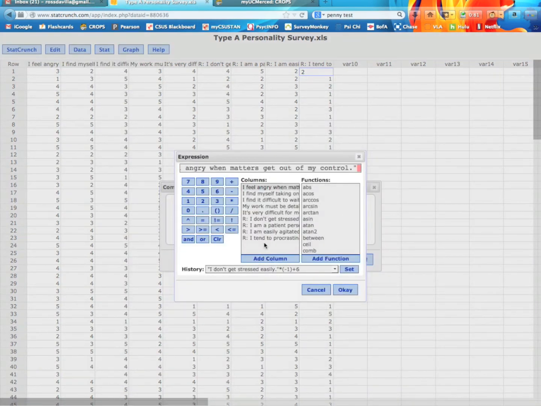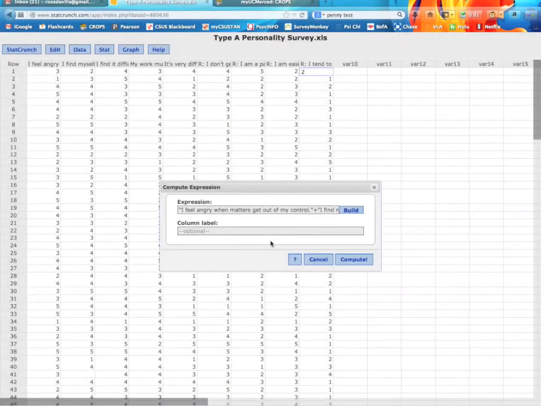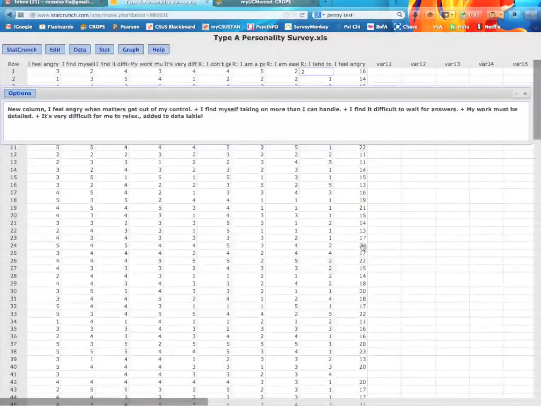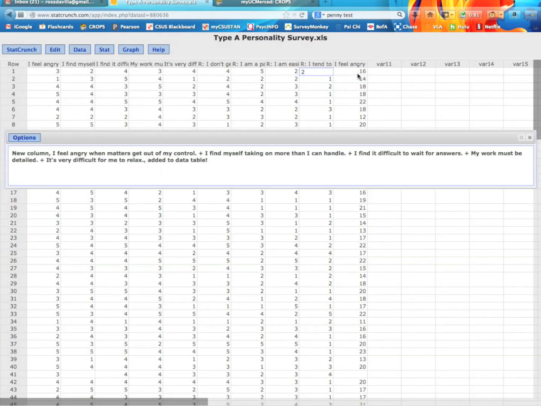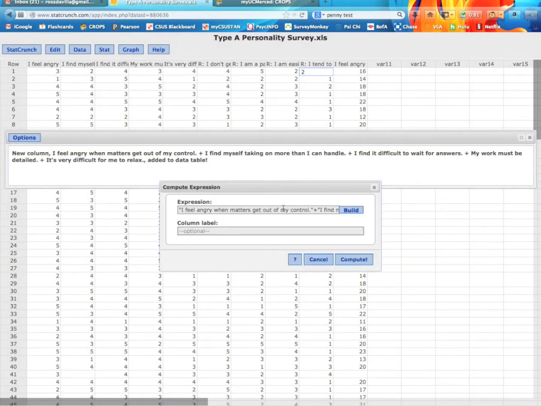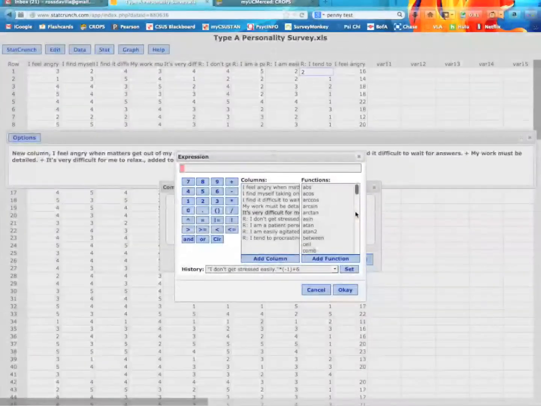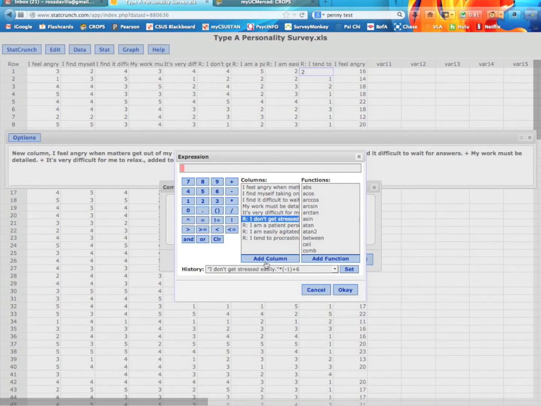So we'll take the first 5 items, making sure to hit the addition key in between each of them. We're just selecting each column and adding it in. And then the last one here. Then we're going to hit OK and compute that. And now we just have a total of all of them. Again, we can jump back to this menu by hitting Edit. I'll delete all this because we're going to add in totally different items, the rest of the items.